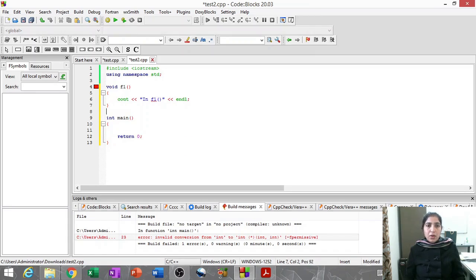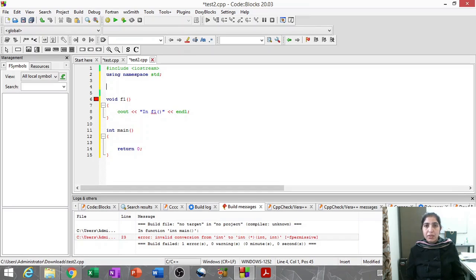So this is a normal function and I want to use it as an argument to another function. Suppose that the other function is void f2, and I want to use f1 as an argument,